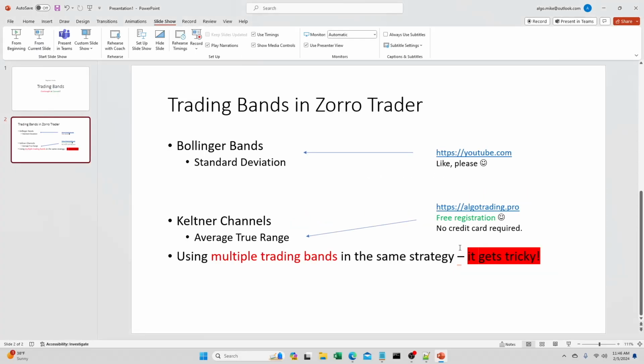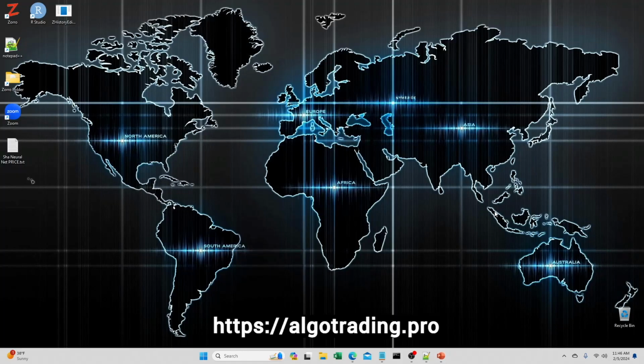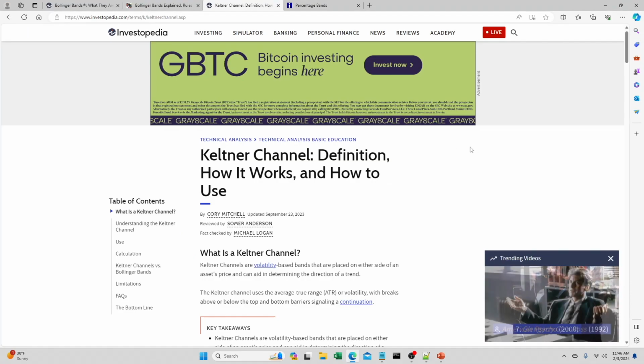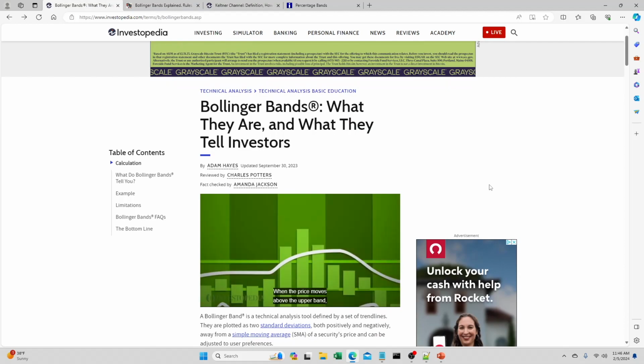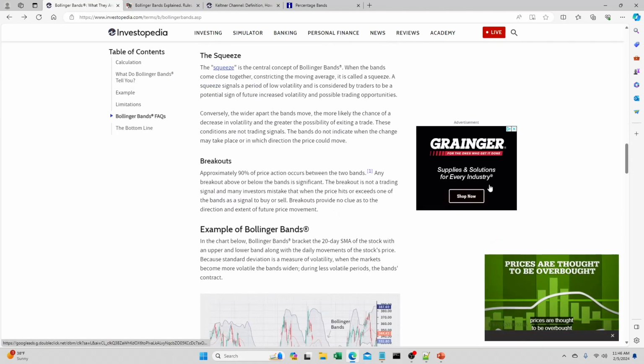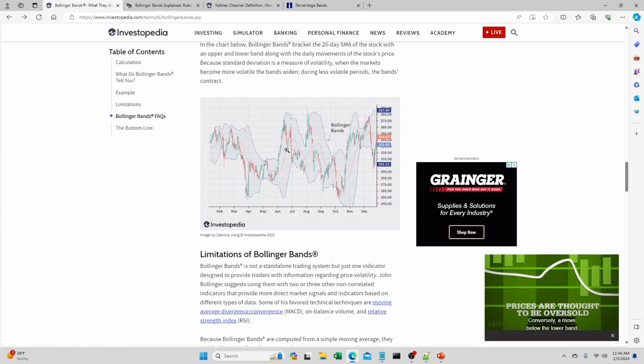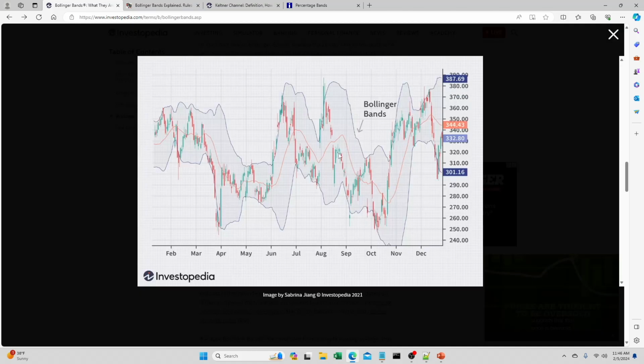All right, so let's take a look here at some visuals. The first thing I wanted to show you was a picture of Bollinger Bands. So here we have an asset. I'm not sure what it is, but it doesn't matter. We have this asset, prices go up, prices go down. We have all these fluctuations, and here in the middle, we have something that looks like a moving average. So this is the average price,